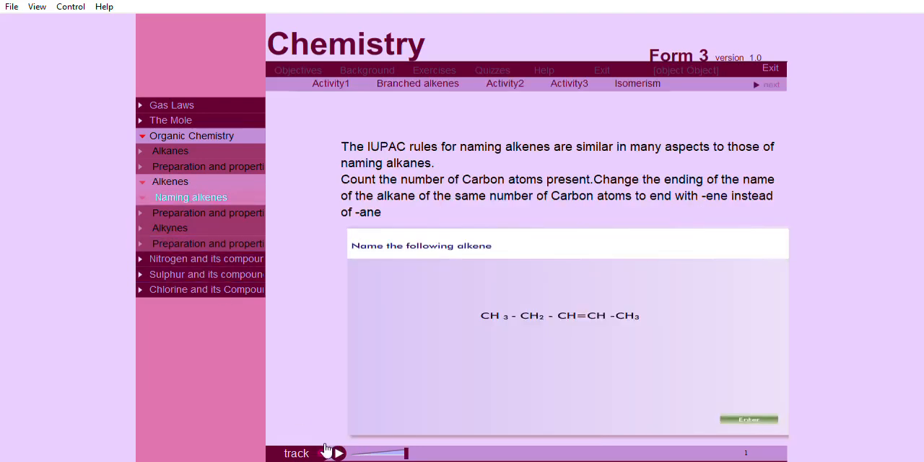The IUPAC rules for naming alkenes are similar in many aspects to those of naming alkanes. Count the number of carbon atoms present. Change the ending of the name of the alkane of the same number of carbon atoms to end with "-ene" instead of "-ane". Example: